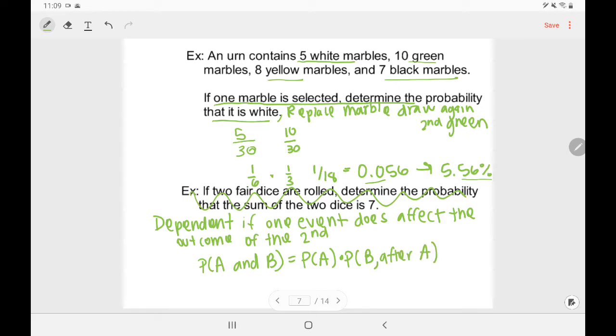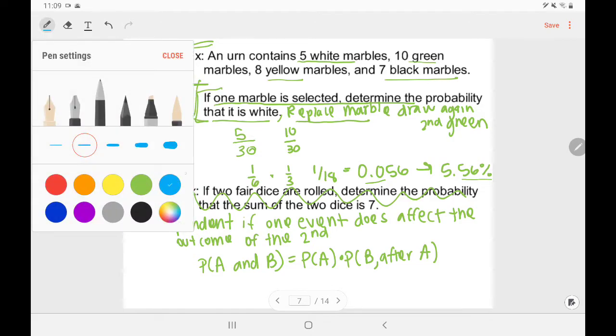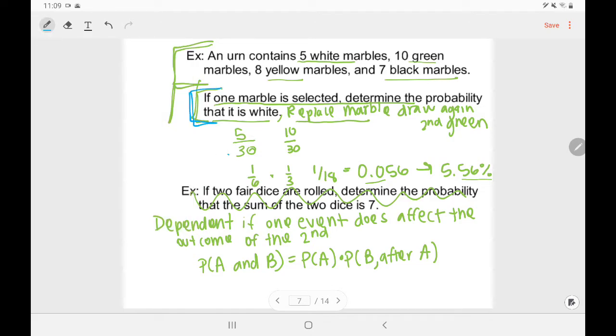Now, what does that mean? Well, take this example. On this first part, I told you I replaced that marble. I put it back in. Well, let's say I don't replace that marble, I take it out and I just set it to the side. So if I wanted to use this same example right here, we'll use a different color so we can differentiate what I'm writing. If I use this same example again, except I take out the word replace,